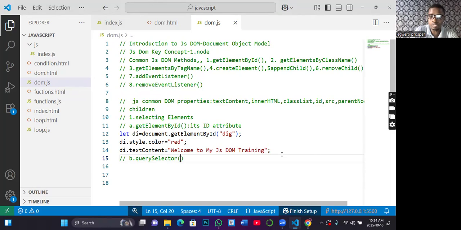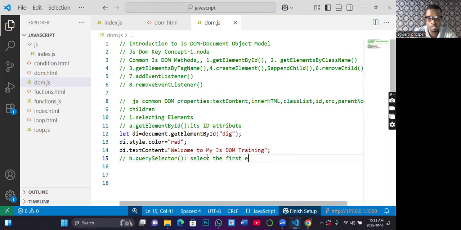We have querySelector, not querySelectorAll, just querySelector. Let's define it. Right. querySelector selects the first element that